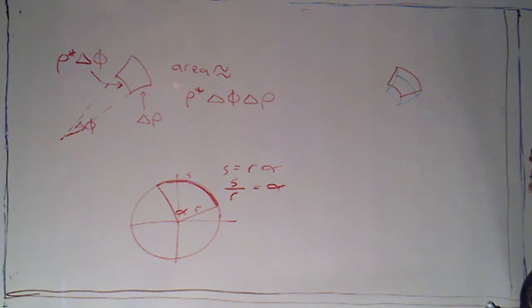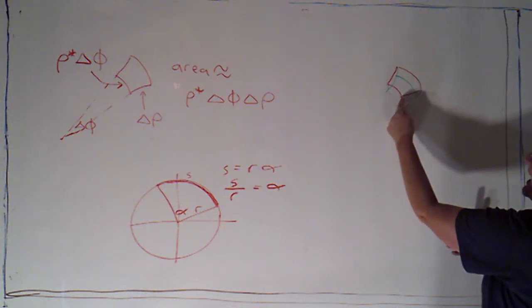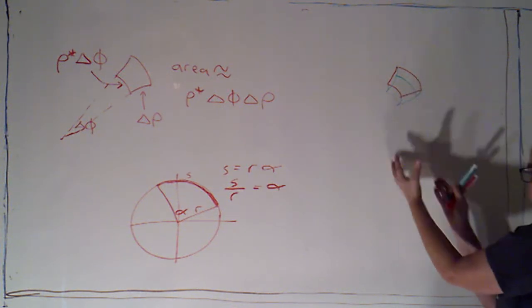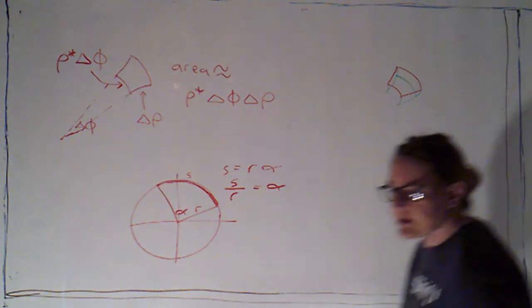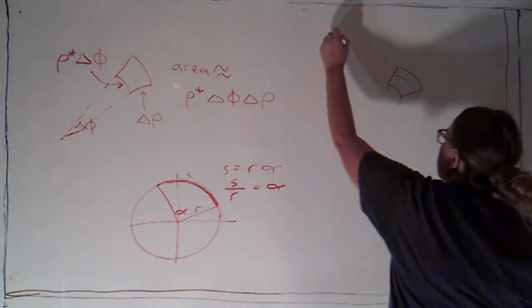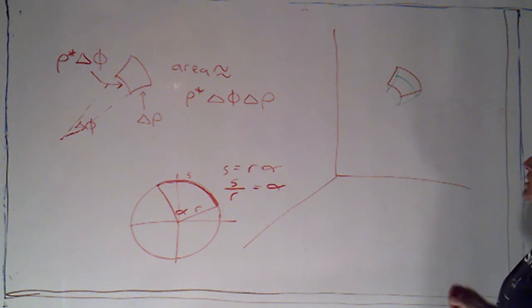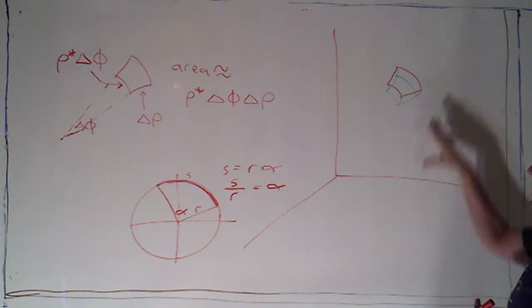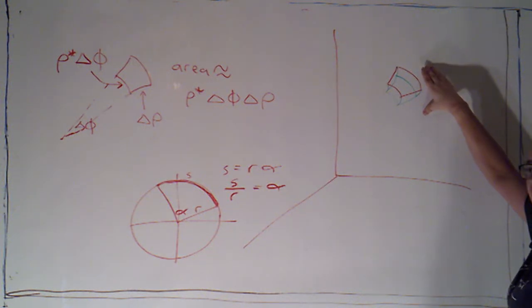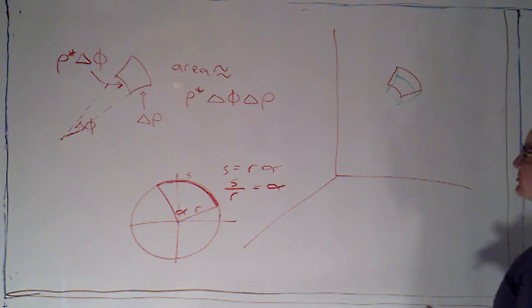Now what I need to do is I need to approximate now. I've approximated this side and this side. I need to approximate one of these sides that corresponds to the rotation of the theta. Now to do that, I'm going to just draw in my axes here, and I'm going to try to project this down onto the xy plane. Obviously, I've chosen to draw this in octant 1. It doesn't have to be in octant 1, but it's easier to draw there.